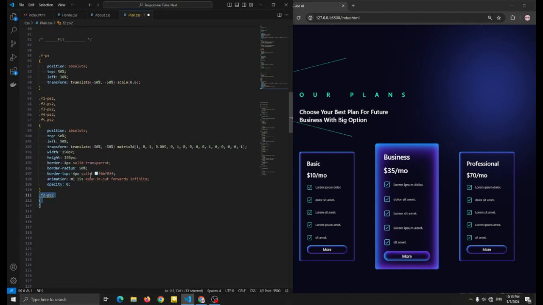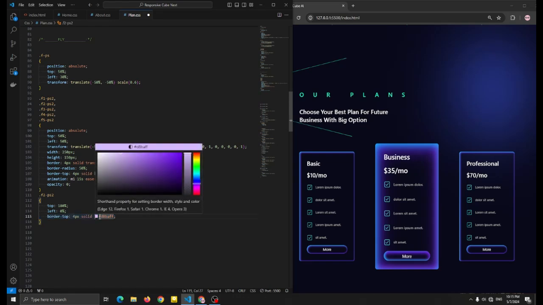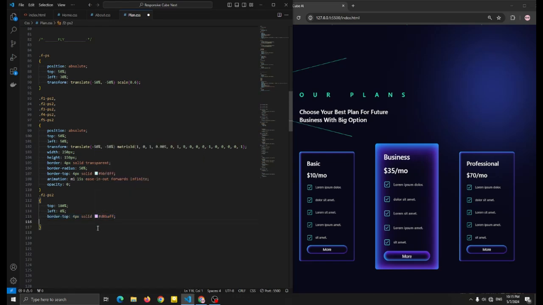Now let me just add F2 PS2, just change the position and just change the border of this color. So I'm gonna add the top 180%, left 0%, and the border top just be this pink color, as you can see. Just pink color. Now let it be the same animation, but I'm just gonna change the seconds to 12 seconds, as you can see. Okay, now for this